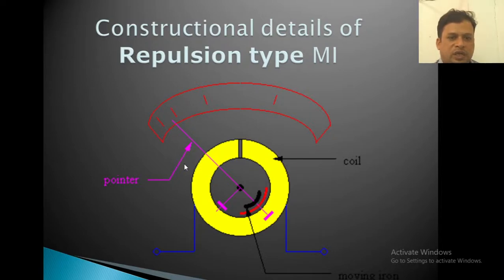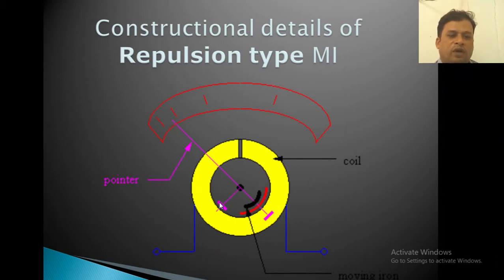If you see here, the coil is placed inside the device, and the moving iron is inside. There is one fixed and one movable vane, and with this the pointer starts deflecting. Due to the control weight, the deflection is stopped when the pointer has reached the maximum point here. The control weight will be controlling that. This is the range of the particular reading, and the pointer stops here due to the controlling torque.